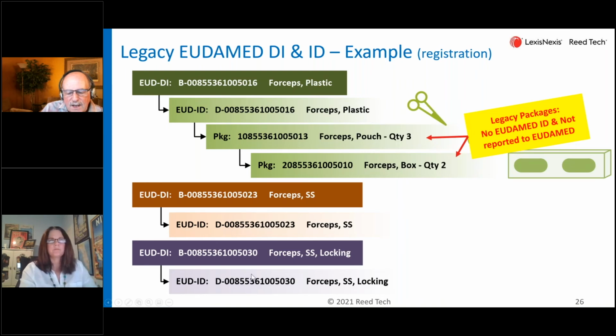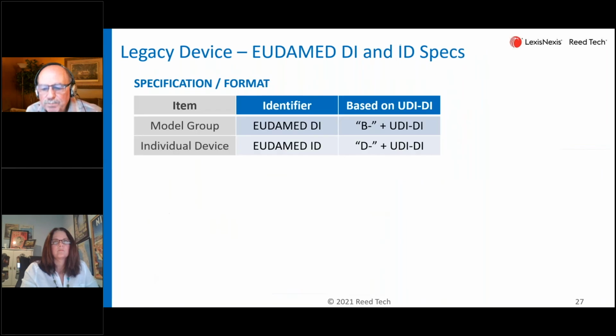So that again has one parent, and all these are different. So in this case, we had 3 different products. We had 3 different organizations and/or hierarchies, if you will, and we end up with 3 different UDI-DIs. So this DI for the plastic forceps is different than this for the stainless steel, and it's different for the third one, the locking. So let's take a look at how this kind of fleshes out, how you actually build